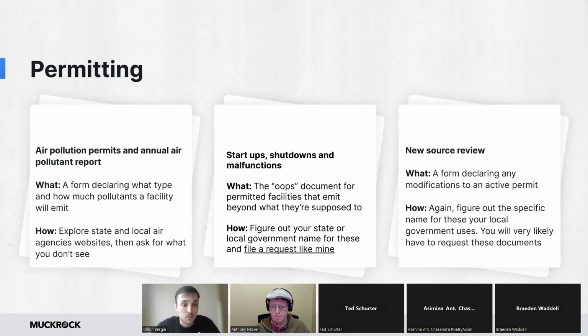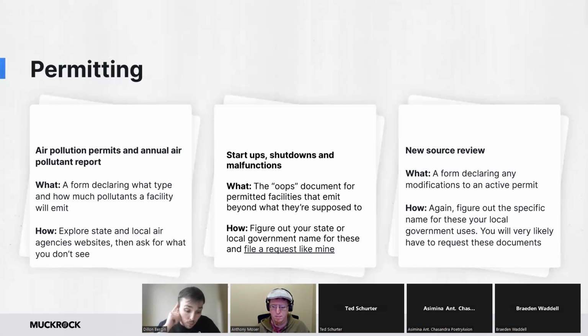Again, this is self-reported, so that has to be taken with a grain of salt and then verified in different ways, because what people on the ground may be telling you may be different than what the air pollution permit says. But they're a good way to get a general idea of where the city or area that you're in is planning for and permitting the most pollution to happen, and what type of equipment is driving that pollution, and maybe what type of pollutants are behind it.